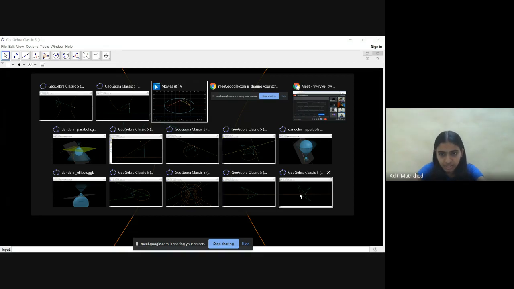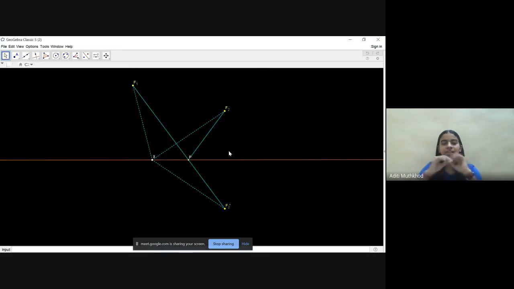And now we come to this very interesting thing, which I'm pretty sure every one of you has seen, but it is important. We have two points, f1 and f2, and we have a line. We need to find some point x on this line such that xf1 plus xf2 is minimum. And how you do it is